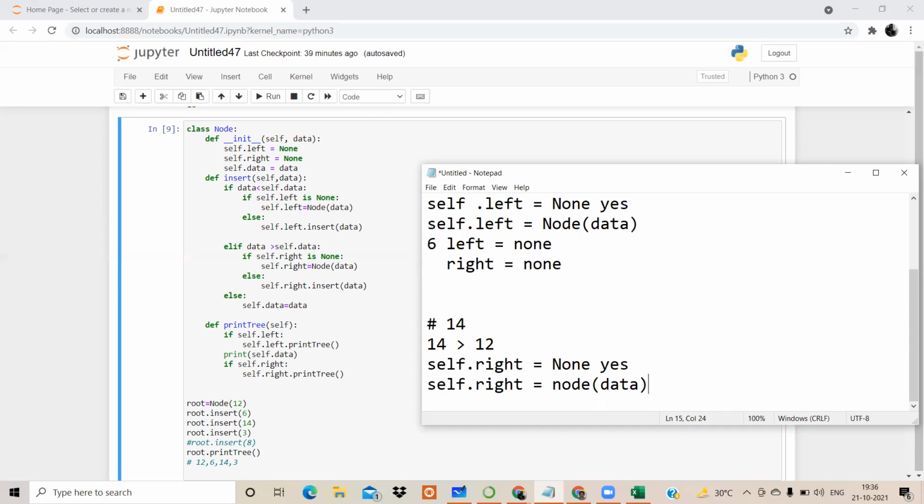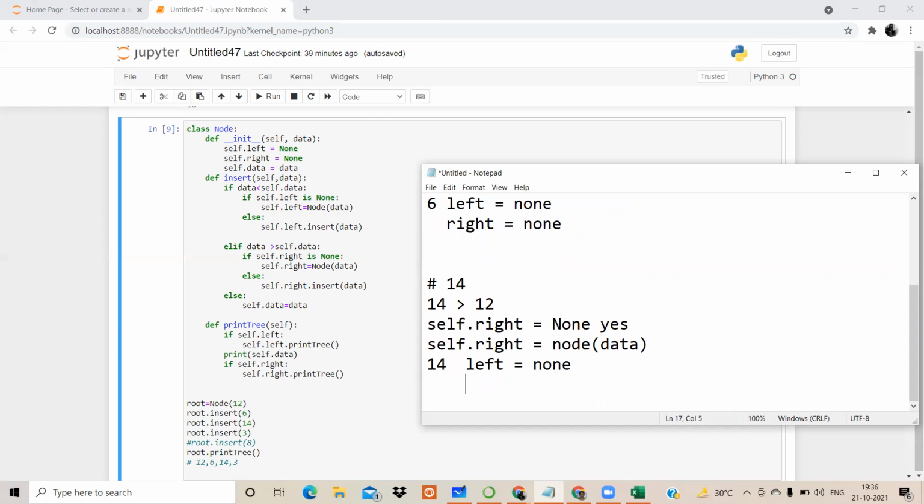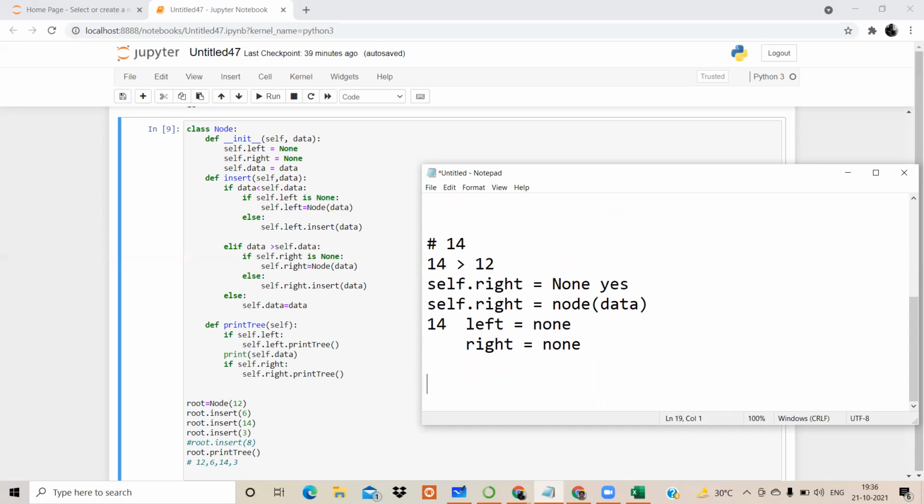That is 14 has become a node on the right side, having its left equal to none and its right equal to none. Then the next element, that is equal to 3 now.